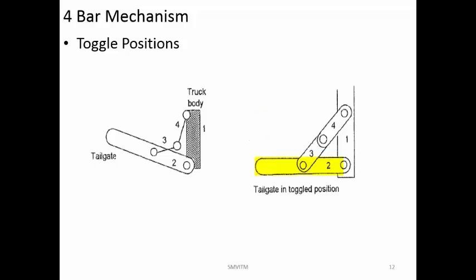Now if you want to move it upwards, maybe you have to put a motor over here. Once you actuate the motor, it is going to move upwards and come to the vertical position. Again in the vertical position, even though you are applying force in this particular direction, it will not be having any further movement. It is going to stop. If you are opening it to the horizontal position, again, you can switch off the motor. Even though you switch off the motor, this tailgate is not going to fall down. It is going to maintain its position.